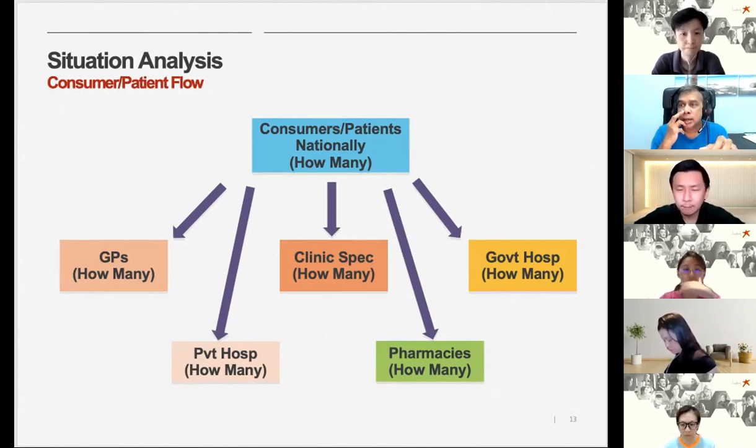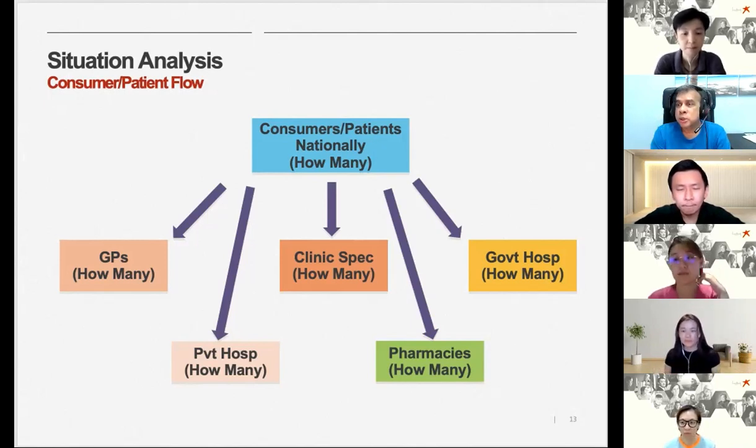All right, Fiona, is this good? So what you should do is just apportion the patients. The box at the top is how many schizo patients, and then you put there how many are non-diagnosed or non-treated or whatever. I leave it to you, whatever box you want to use to put inside there. And then how many go to GPs? Does anyone go to GPs? Do GPs initiate treatment?